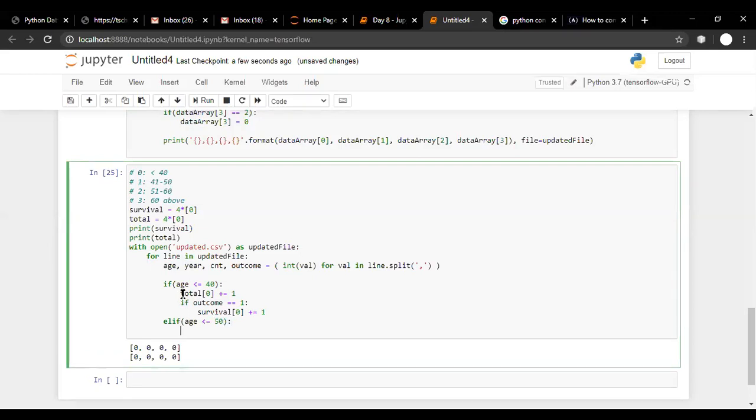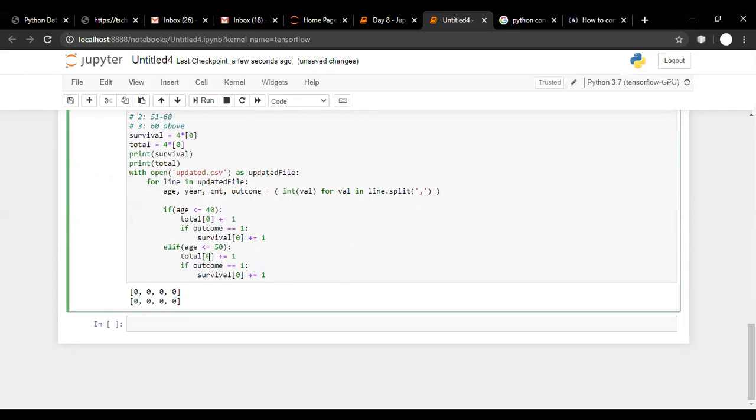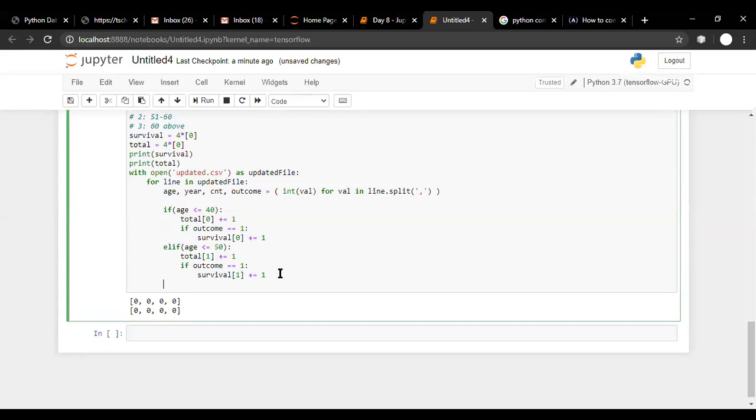If yes, then again we copy paste the same thing, but for the age category below 50 we are using location 1. So we increase total of 1 by 1, and then check whether the outcome is 1. If outcome is 1, then we increase survival of 1, not location 0, by 1.